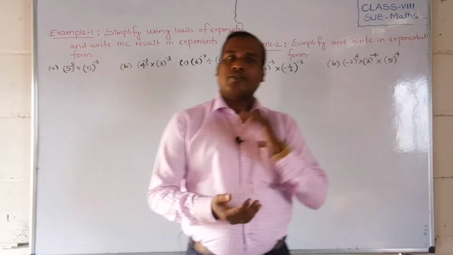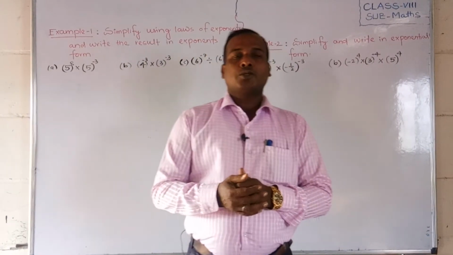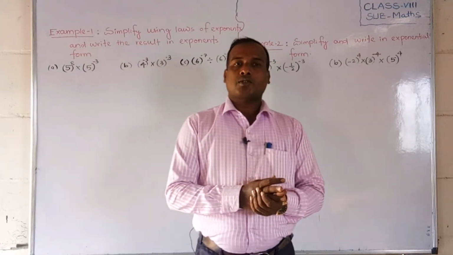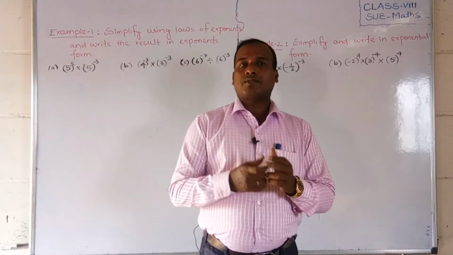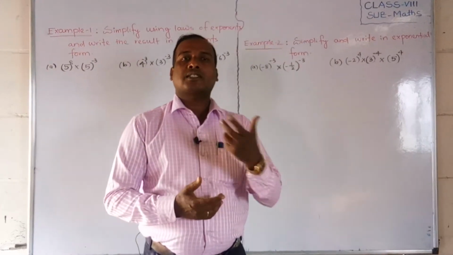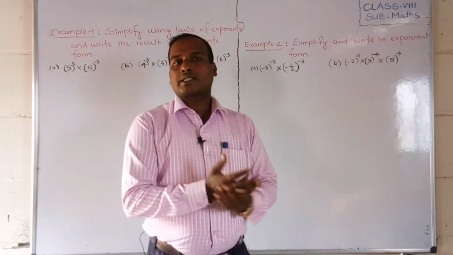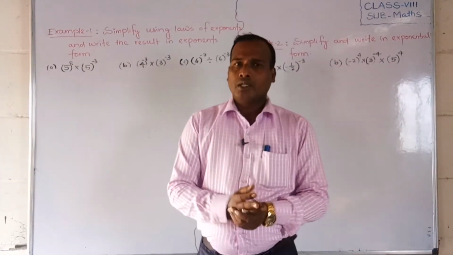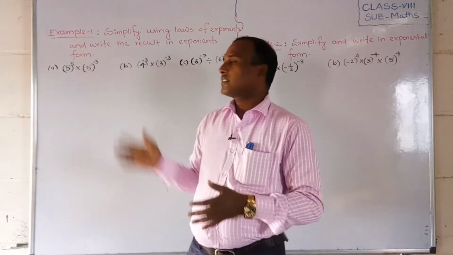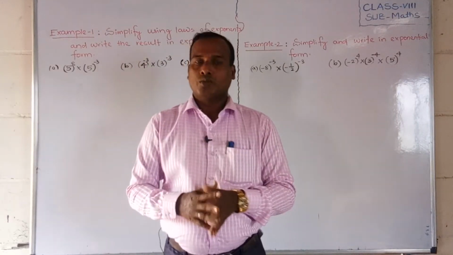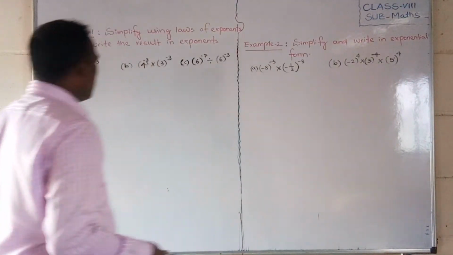Students, today we are going to continue our second chapter, that is exponents and powers. In the last video we already discussed the different laws of exponents: with the same base, when we multiply, the powers are added, and when we divide, the powers are subtracted. We also discussed negative integral powers with some examples. But students, by using these rules or laws of exponents, we will simplify some examples which I have written on the board. So let us start, students. How will we solve this problem by using the laws?